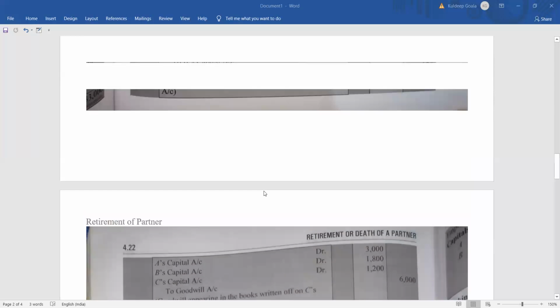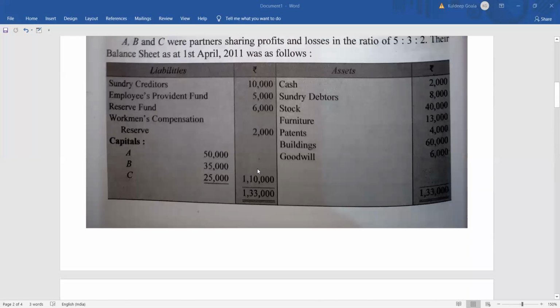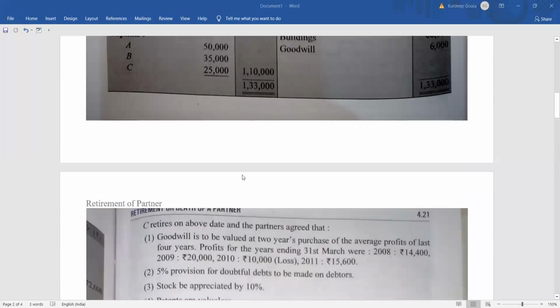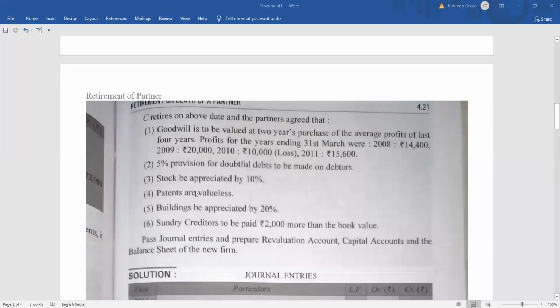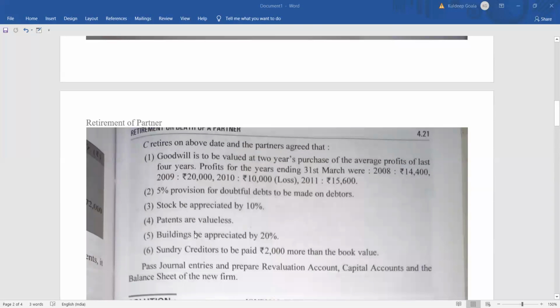Clear? So first of all, we will finish the entries that are available in the balance sheet. Okay, we have got three things, all the three things settled, right? Now we will go with the adjustments. So goodwill, we will see this part first, then the remaining, after seeing the revaluation account. So in the revaluation account, we saw that the first one was a debit of 400, isn't it? While explaining, I told that it was a debit of 400.